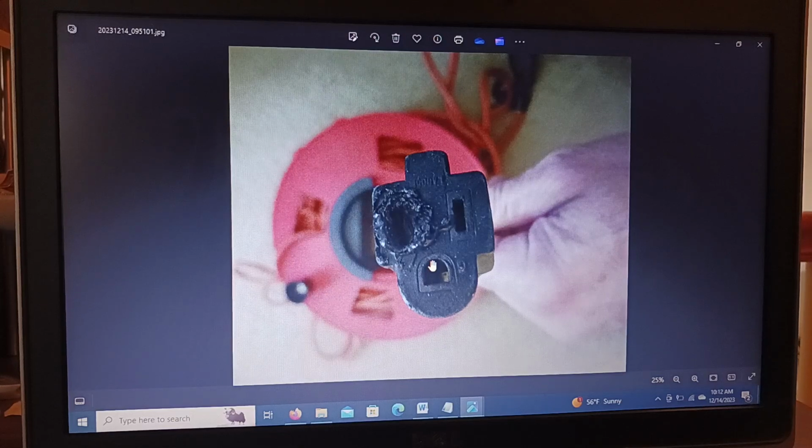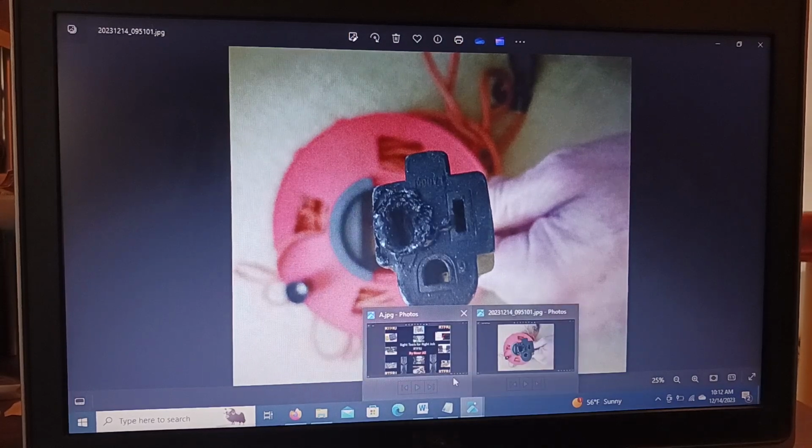But this cable is still good, right? So the fix was to get a connector. So I got the connector. I'm gonna fix it, right? So